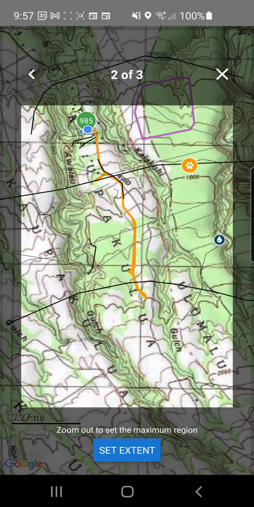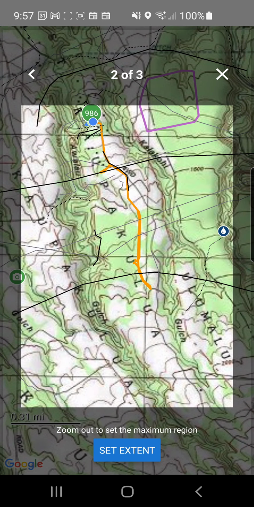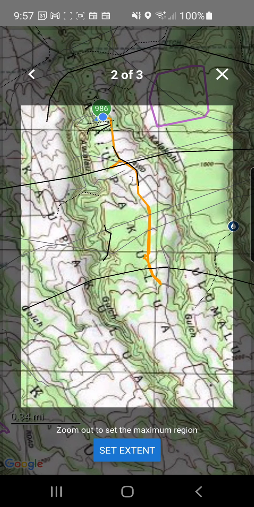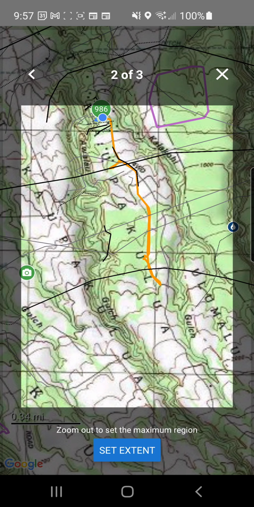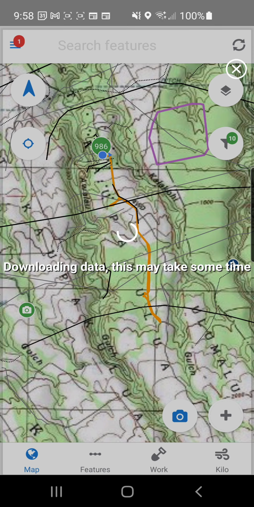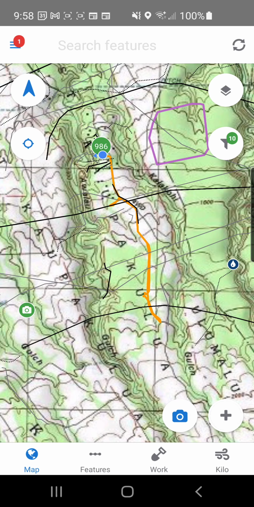So I'm going to select the extent at which I want my tiles to be downloaded. I'm going to pick an area. The larger area you select, the longer it's going to take. And it tells me it's going to be 2.95 megabytes. So I'm going to click download and wait for it to happen. Okay, I'm back. It took a few seconds to download, and now